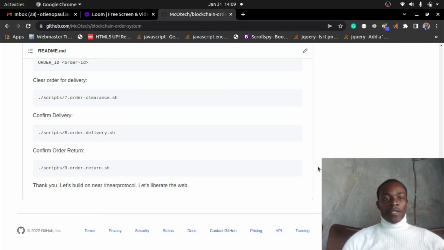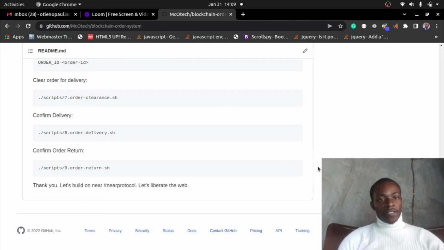The reversal of the locked account will happen, so that whatever was locked in the delivery guy's account will be credited to his account, and whatever was locked out of the buyer's account will as well be credited to his account, but this time minus the shipping fee,